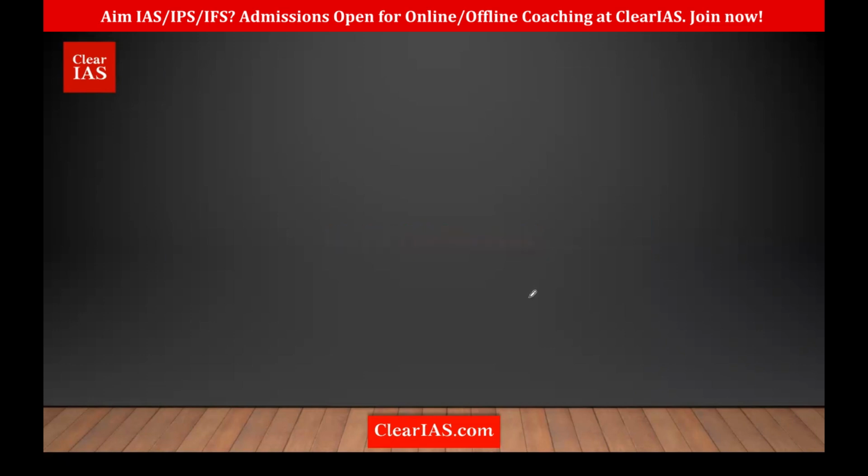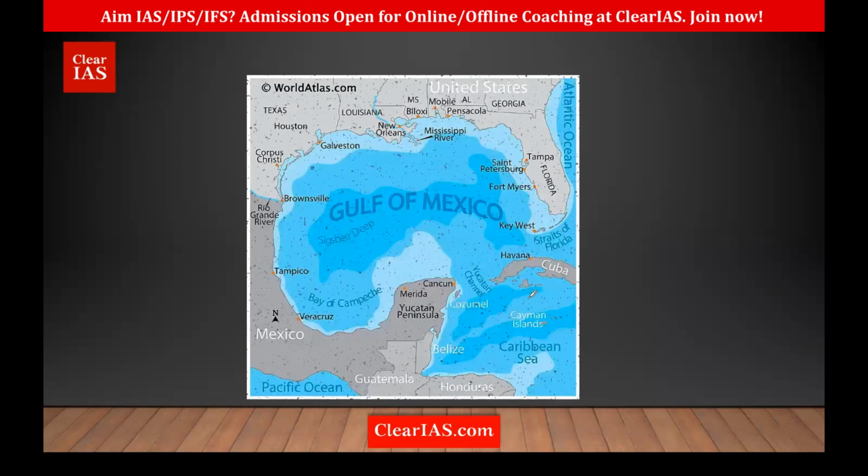Now we'll see the Gulf of Mexico. When you're talking about the Gulf of Mexico, a few things you must remember. On one side there'll be Mexico. So Mexico is there. On top, we have who? The United States. Okay. And these are the important things you must remember. Two countries. Okay. Then we have the Caribbean islands.